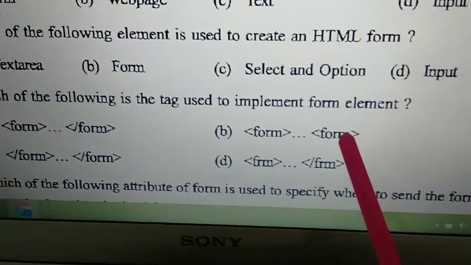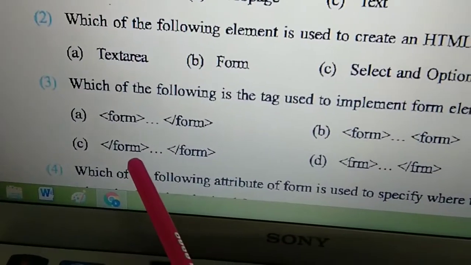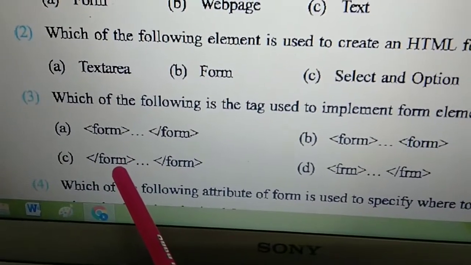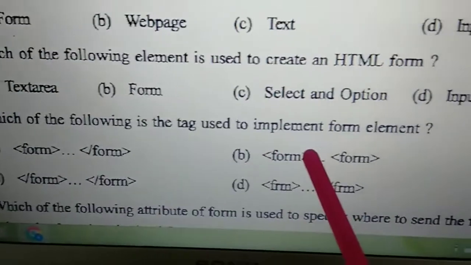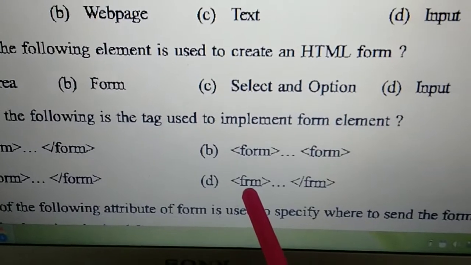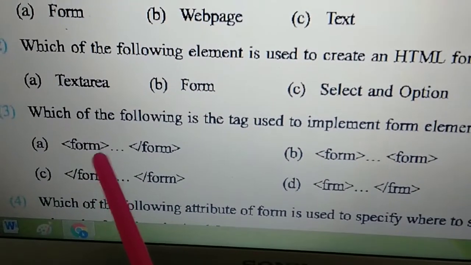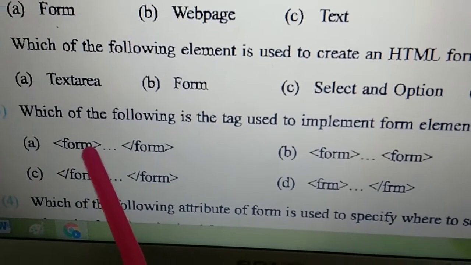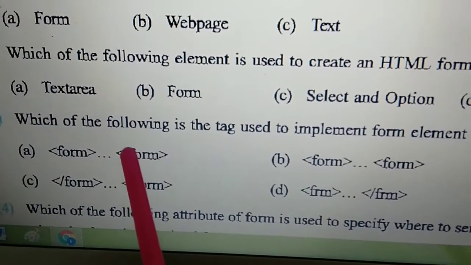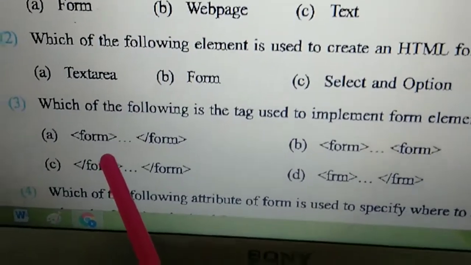Here in the form tag there is no forward slash. In option C you can see the starting tag has a forward slash, so it is wrong. B is also wrong, C is wrong, and in D, FRM, the spelling is wrong because we have to write FORM. The FORM starting tag and FORM ending tag with forward slash, so the answer is A.